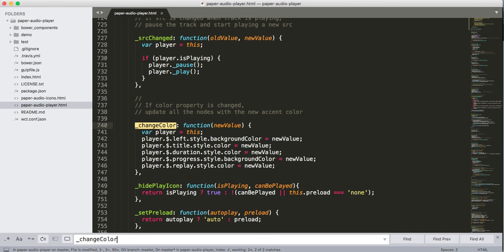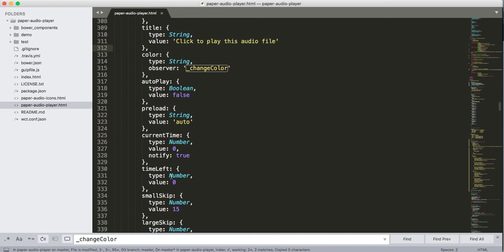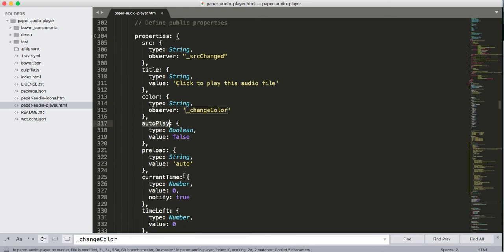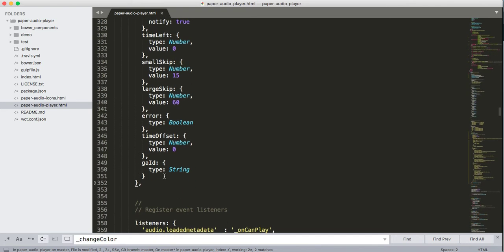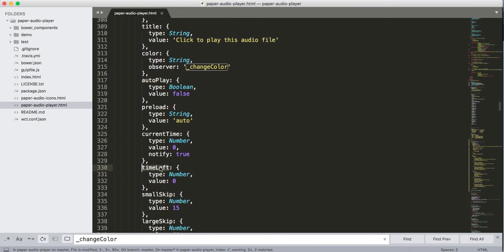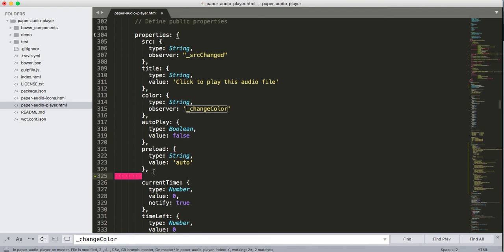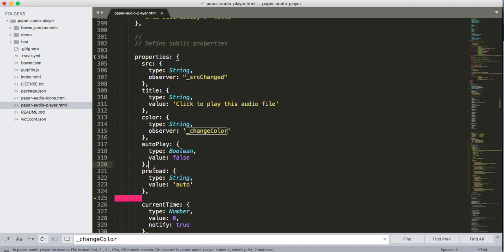But it's setting it to, okay, so it's just setting the color to whatever that color is that came in on new value. So that's good to know. So you can actually pass in a color value. So then we can do the wiring with that. Autoplay, preload, see all of these start to become really useful things to wire into HAX. Time left, no. Current time, no. But autoplay,